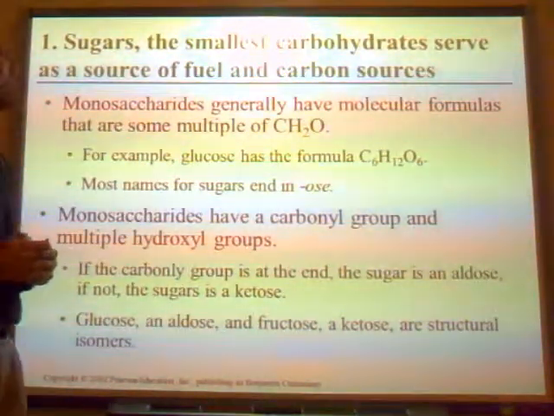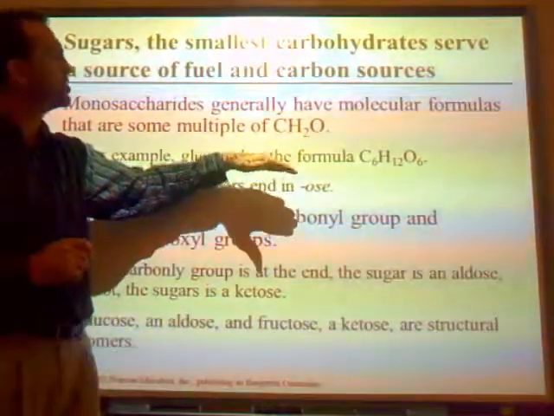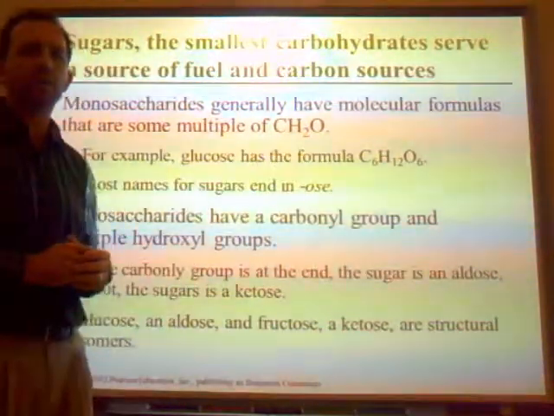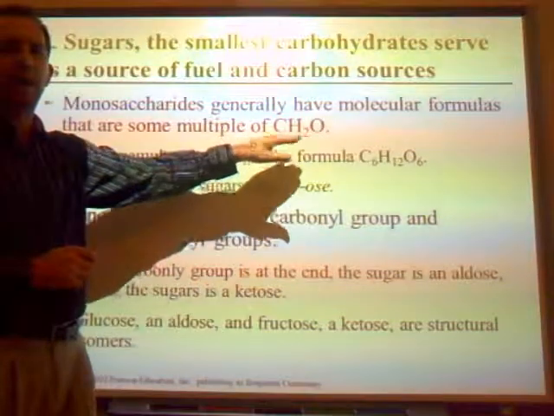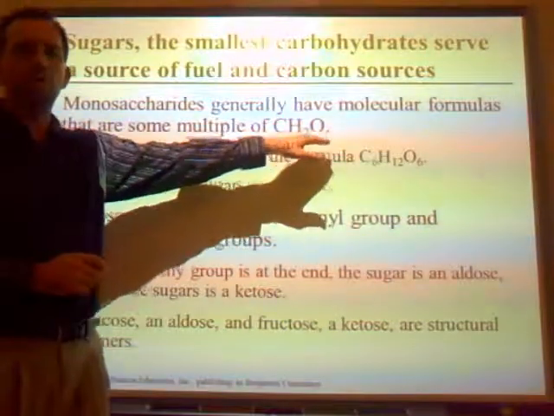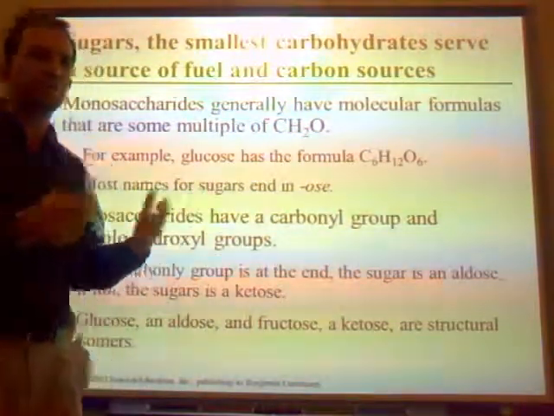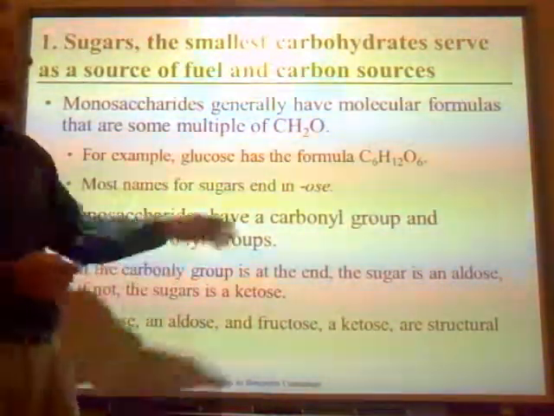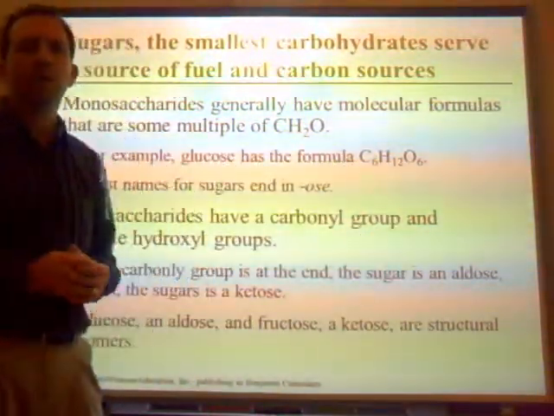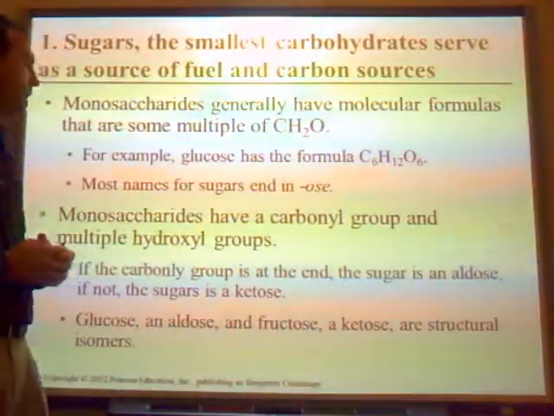Monosaccharides are the simplest of the class, and generally, though this isn't always the case, there's a formula of CH2O. This tells us that carbon, hydrogen, and oxygen are present, so from the name, carbohydrate. It's a 1 to 2 to 1 ratio: 1 carbon to 2 hydrogens to 1 oxygen. Here's an example, glucose. The glucose formula is C6H12O6. You have a 1 to 2 to 1 ratio in the chemical formula of this particular